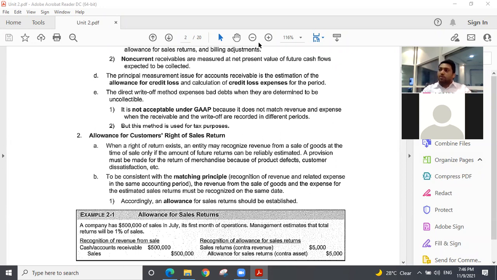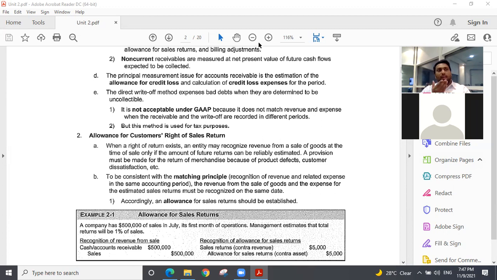Not in the same year in which you sold. So there is always a concept called the matching principle, right? Your revenue should match with your expense, and your expense should match with your revenue. Now you are going to record a bad debt in your P&L account after 2 or 3 years. So this expense will not match with your revenue. This is one serious issue. The matching concept is there, so to avoid that, we provide a provision for bad debt.